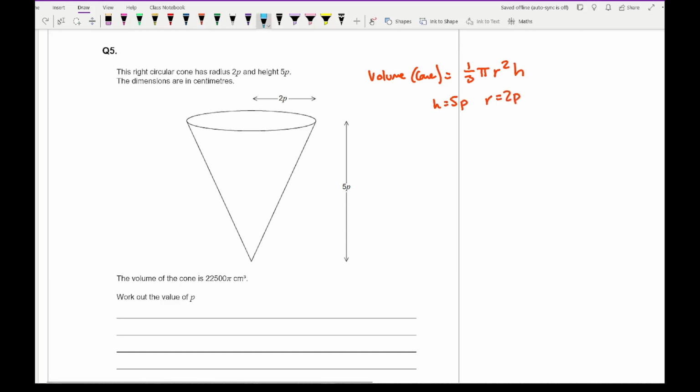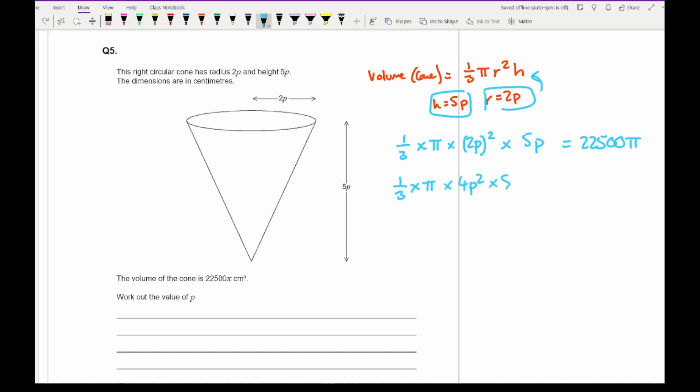So then what I'm going to do is substitute this and this into this formula. So what I've got is a third times pi. Instead of using r, I'm going to use 2p, so it's going to be 2p squared. And instead of using h, I'm going to use 5p. And that's all equal to 22500 pi. So simplifying the left-hand side, I get a third times pi times 4p squared times 5p. And then neatening all of this up, I end up with 20p cubed pi all divided by 3, and that equals